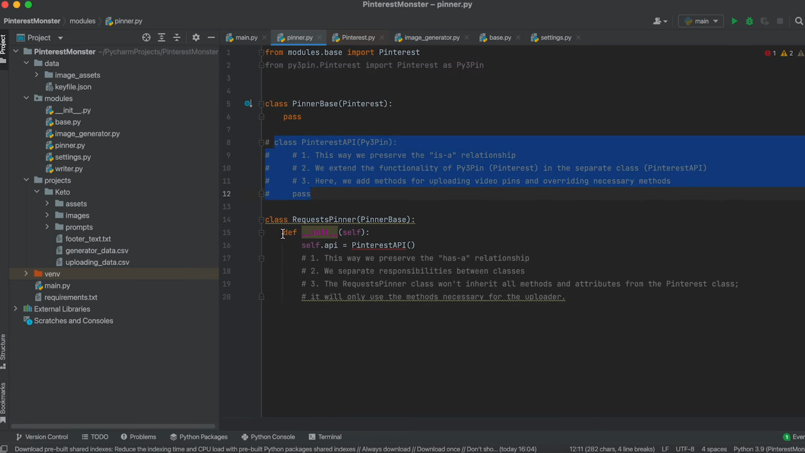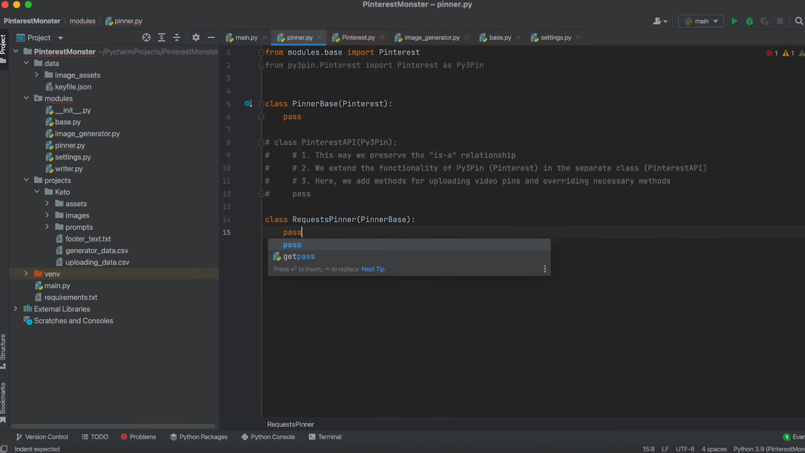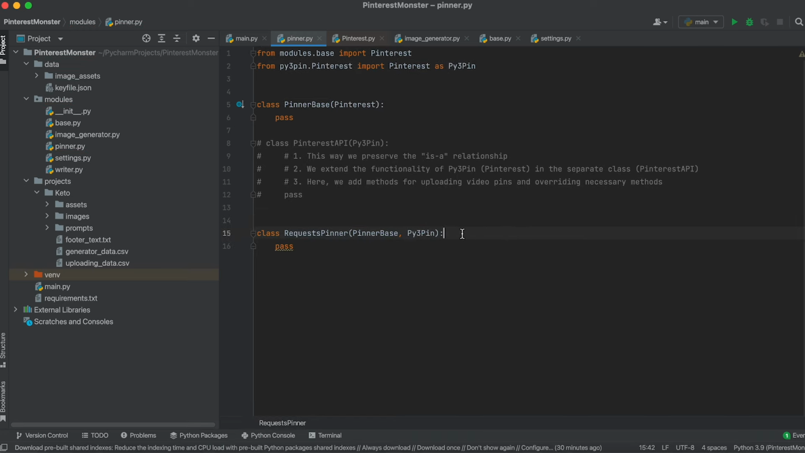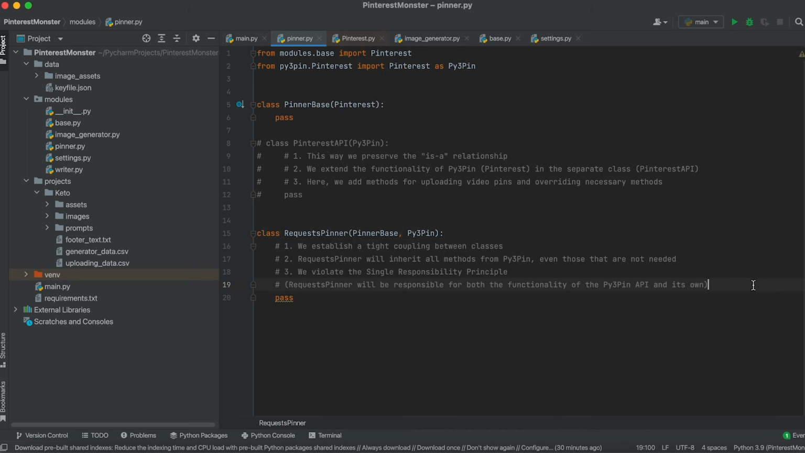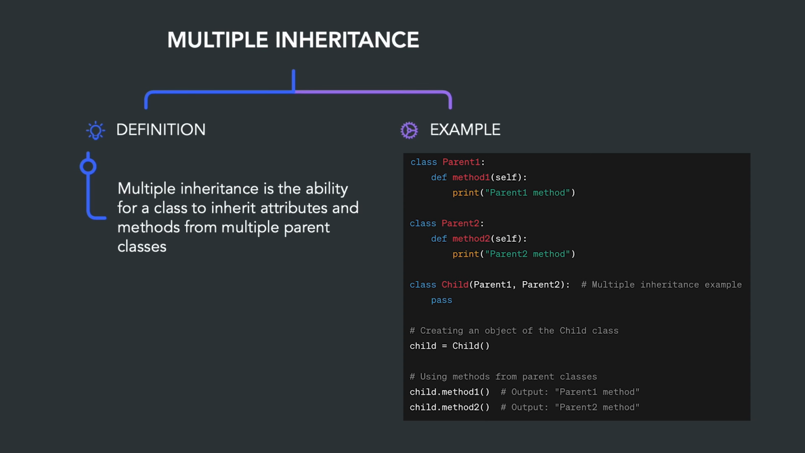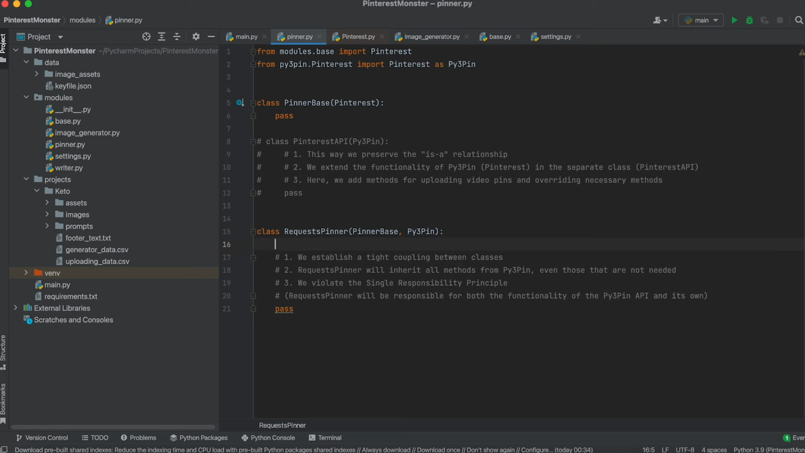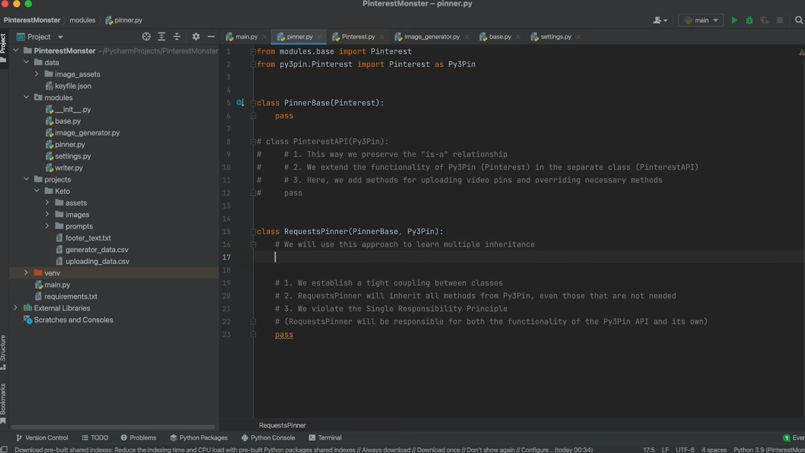Alternatively, we could inherit request pinner from Pinterest and directly extend the API functionality within the request pinner class, violating the single responsibility principle. Since the request pinner class already inherits from PinnerBase, in this case, we need to use multiple inheritance. Multiple inheritance is the ability for a class to inherit attributes and methods from multiple parent classes. Since we haven't covered multiple inheritance in the course yet, to learn it, we'll choose the second approach, knowingly violating